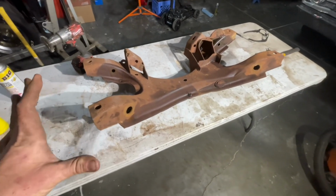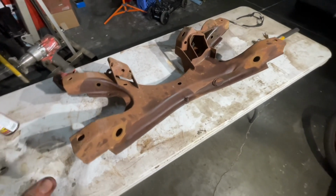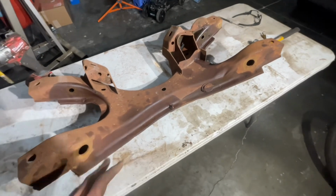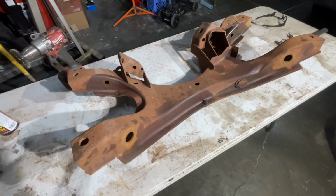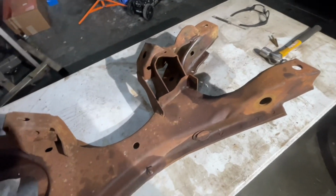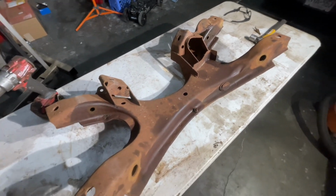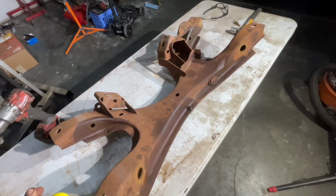So I have it stripped, as you can see. I did have to use some PB Blaster and whatnot, obviously. I'm going to show you something that I like to do. Anytime you use PB Blaster, it leaves this residue, or if there's grease or oil and stuff like that on the K-member or anything really, and you want to clean it up with a wire brush or something like that, I like to actually hit it with fire